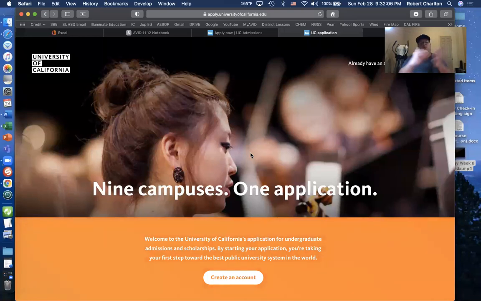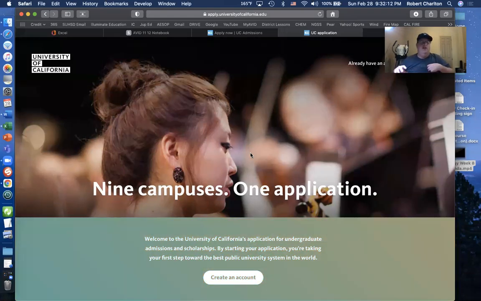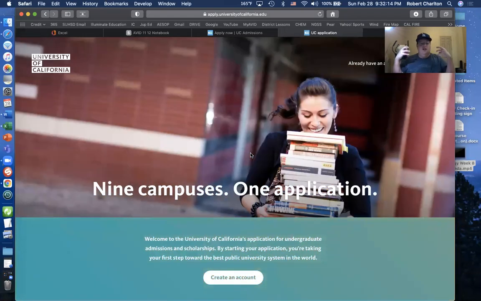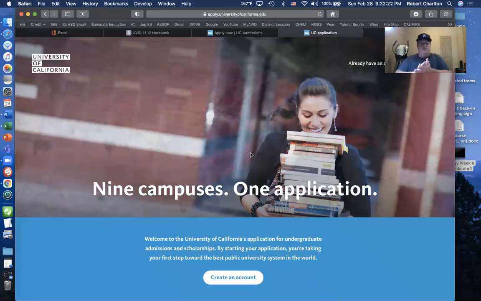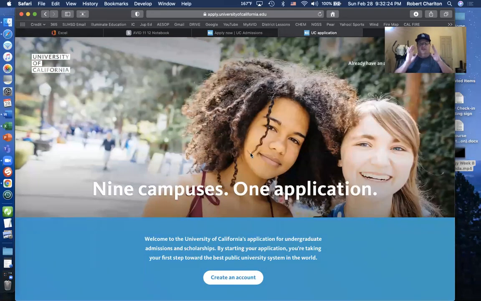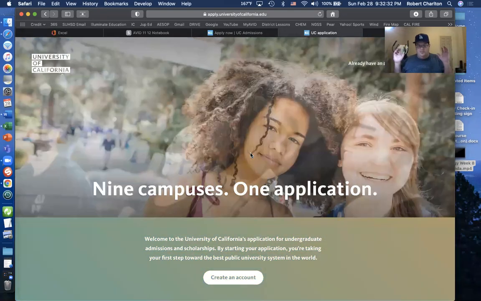I want you to be 100% familiar with how the college application process is going to work for each of these portals, so that when we start school next year in either July or August, or whenever we start school next year, you are ready to start applying to colleges from the get-go, okay? You understand it, you're not confused, you have your paperwork, you have your personal statement, you have your letters of rec, you have all the stuff you're gonna need to just apply.